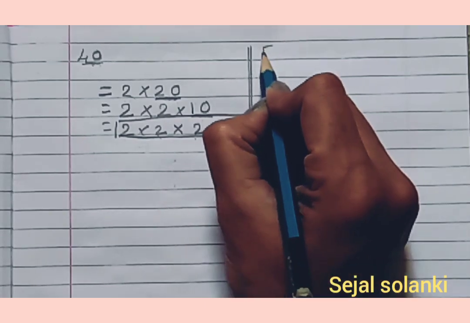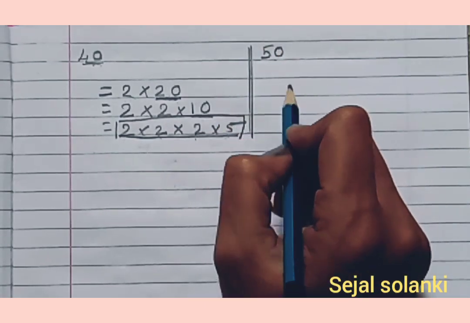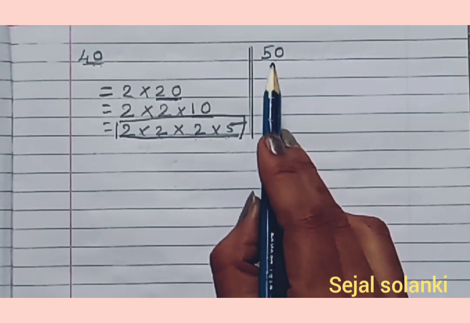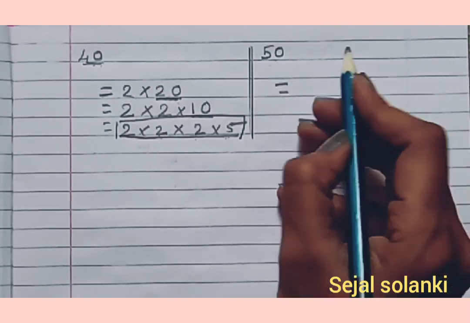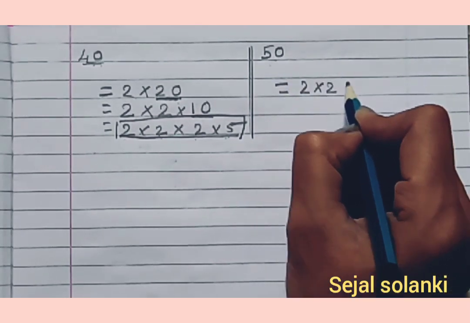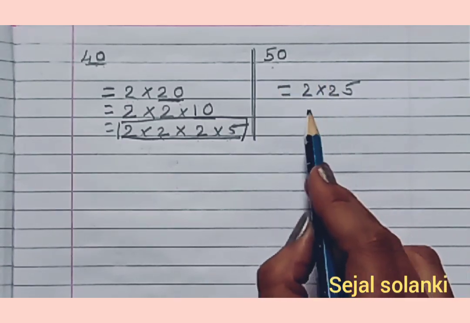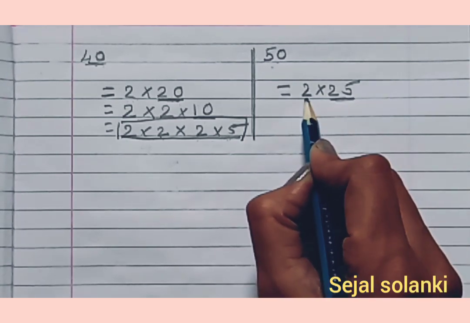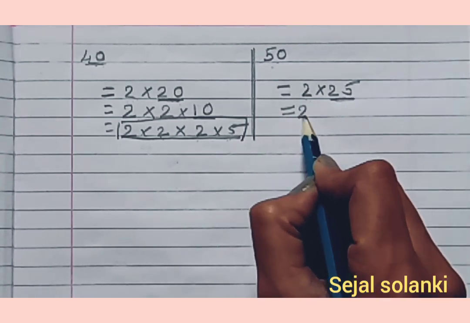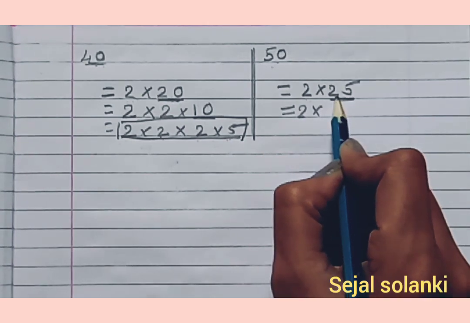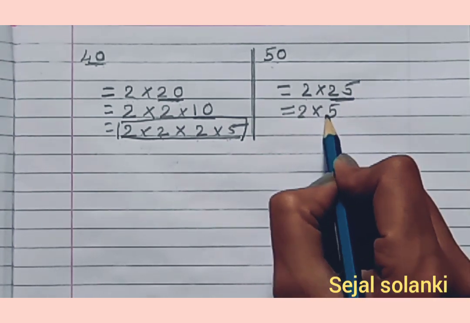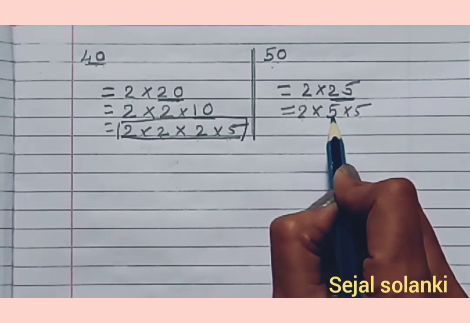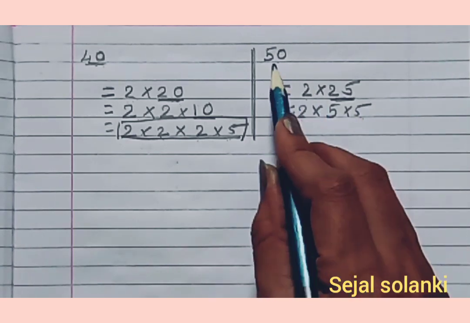Now we will take 50. Now we will break this 50 into two numbers. First, is it even or odd? It is an even number, so it can be divided by 2. Yes, and we know that 2 25s are 50. We break 50 into two numbers, 2 into 25. Now 25 is a composite number, 2 is a prime number. So we will write 2 as it is, and we will break 25. Now the factors of 25 are 5 into 5. 5 5s are 25. So 2 into 5 into 5 are the factors of 50.